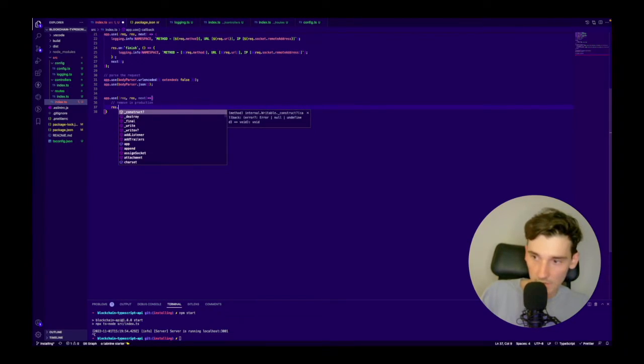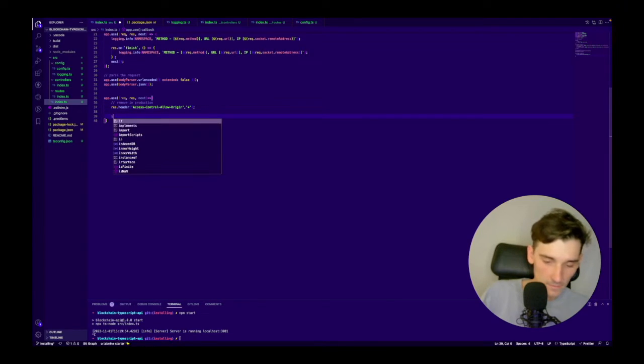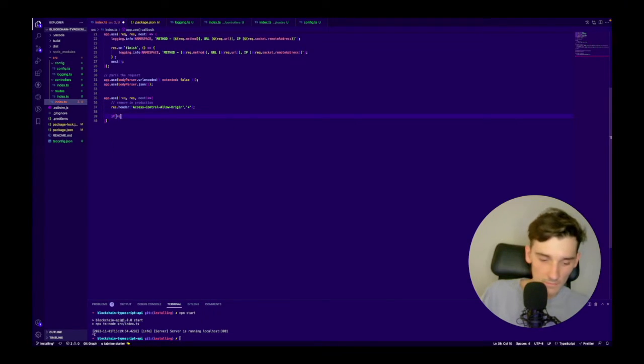Response.header Access-Control-Allow-Origin, and we are setting that every origin can avoid the CORS policy. If request.method is equal to OPTIONS,